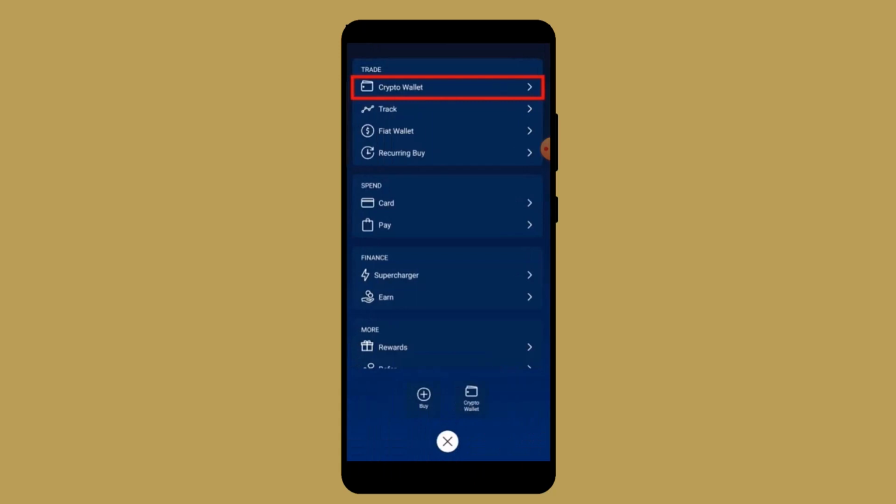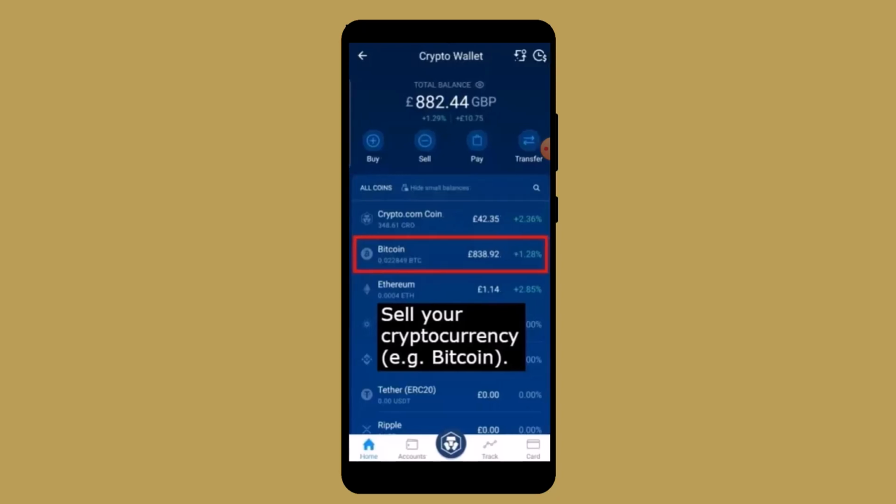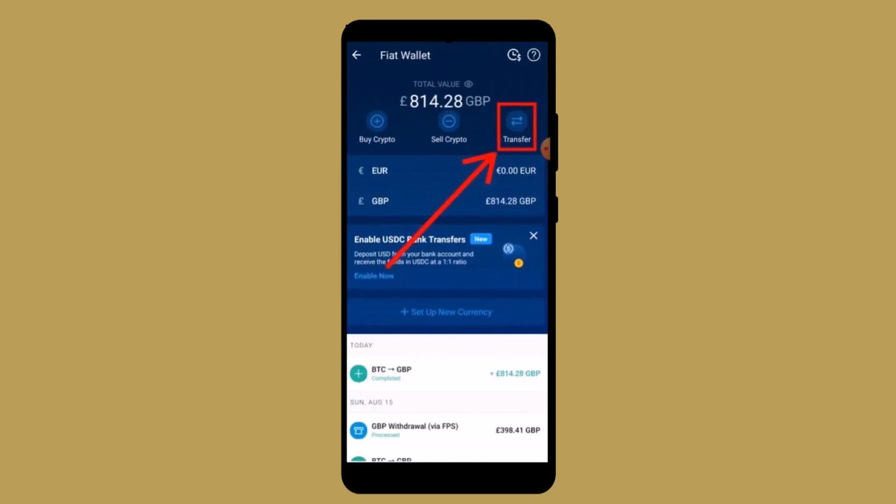On the other page, you'll need to go ahead and select crypto wallet. After you click on crypto wallet, on the next page, you'll need to go ahead and sell your cryptocurrencies. Unless and until you sell your cryptocurrency, you won't be able to transfer the funds to your bank account. So after you've done selling your cryptocurrency, you'll need to go ahead and